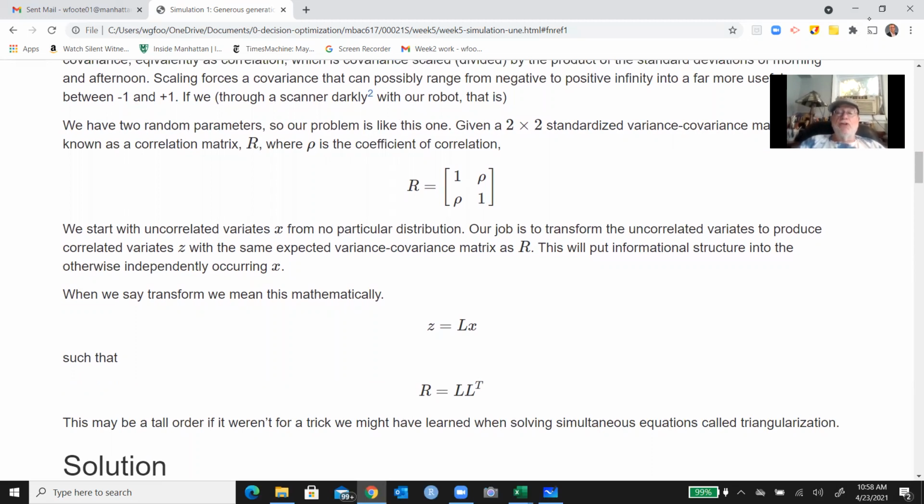And we want to transform these variables X, using some transformation process, which is going to be another matrix, into correlated variates. So we want to put an information structure in these variates. That's the point of this, and to check that, we say that R, the one row 1, which is a transformation matrix as well, must equal